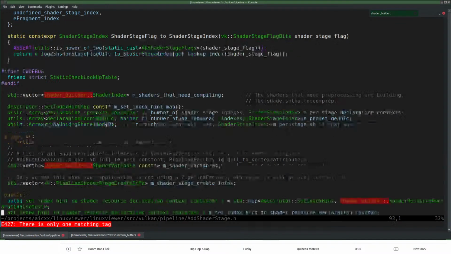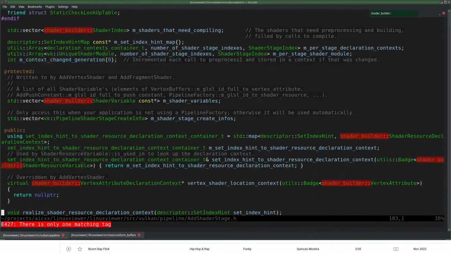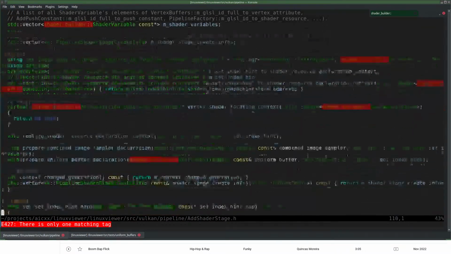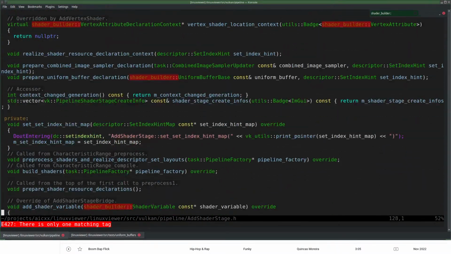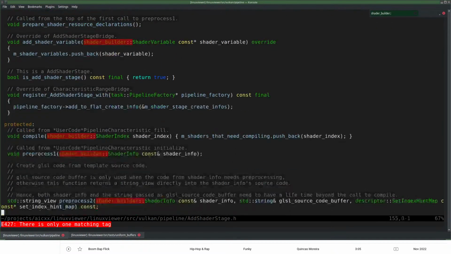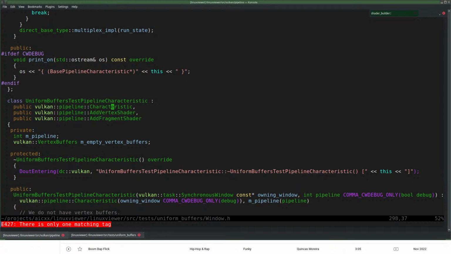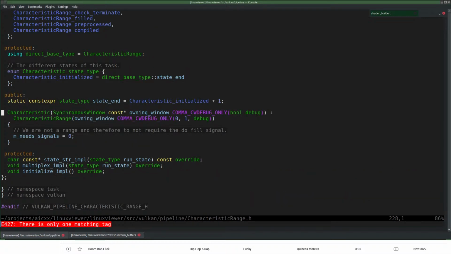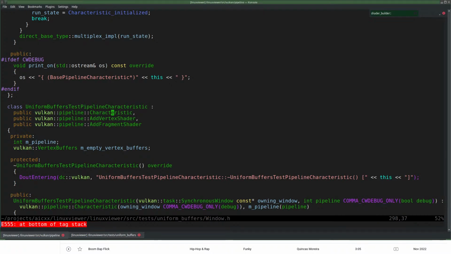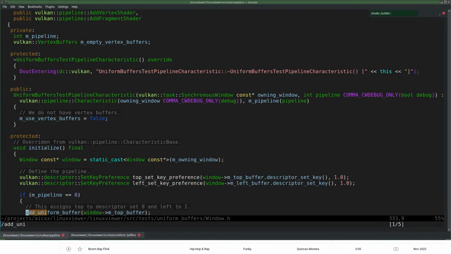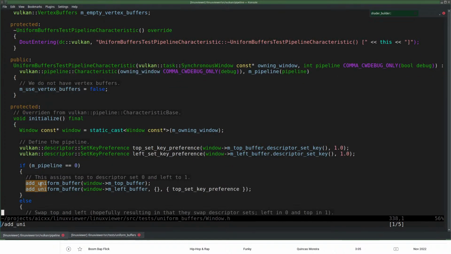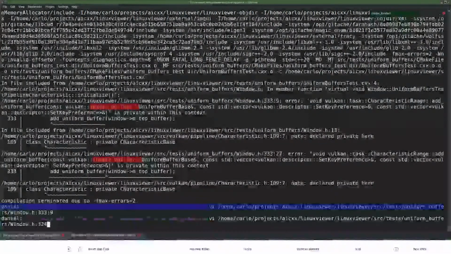Okay, so that would be a good reason to have it in the characteristic range class. This class does not have a pointer to the factory. They have to pass the factory to it. Okay, I'll just leave it there then. Wait, where do we add uniform buffer? And so we're going to use that. Add that as well to